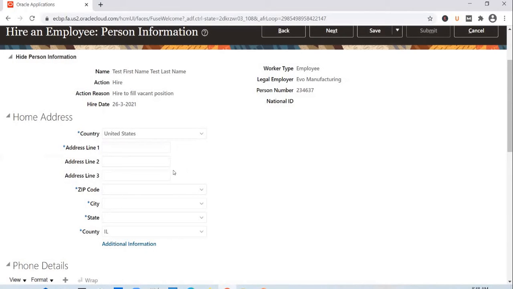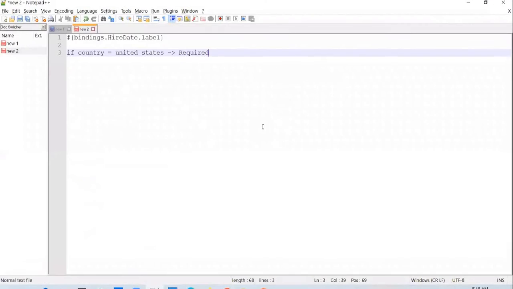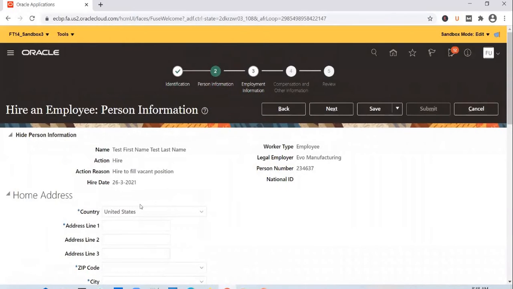We've seen it just now. In that required box, we need to write a condition wherein we check the value that is selected by the user in the country dropdown. We will check if the country selected by the user in the dropdown is equal to United States. Okay. So how do you do that?